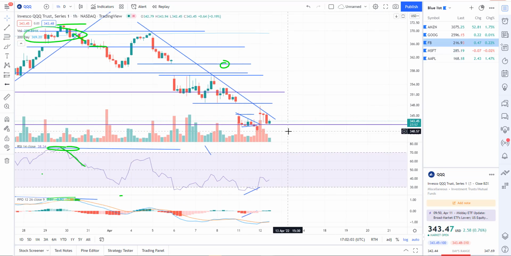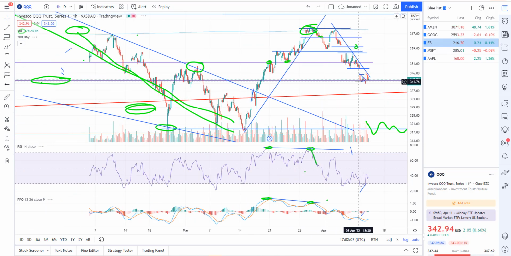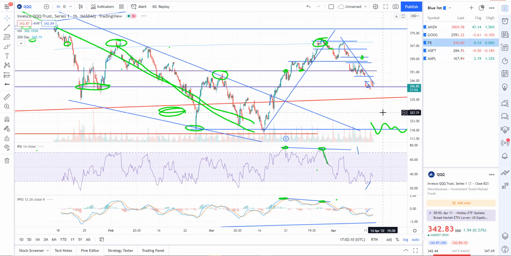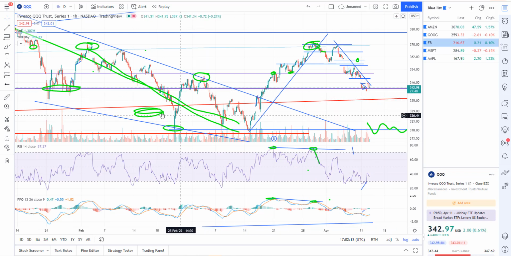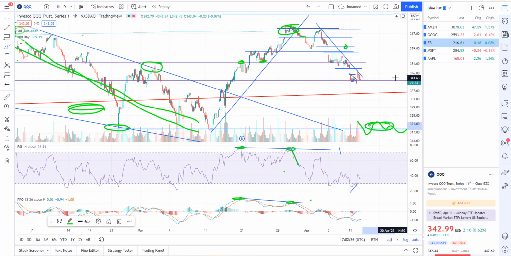And I think we're heading lower from here. So looking for lower prices. Most likely, at this point, I don't see much decent support till we get down here at the lows. This is the next area where the bulls will probably really try to fight, 318.40, somewhere right down in there. And I don't see anything really stopping us from going much lower until we get down there. So that's what I've got in the short term.